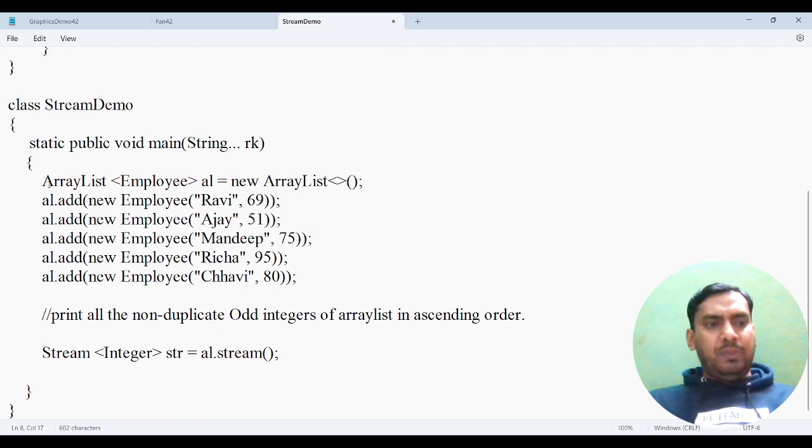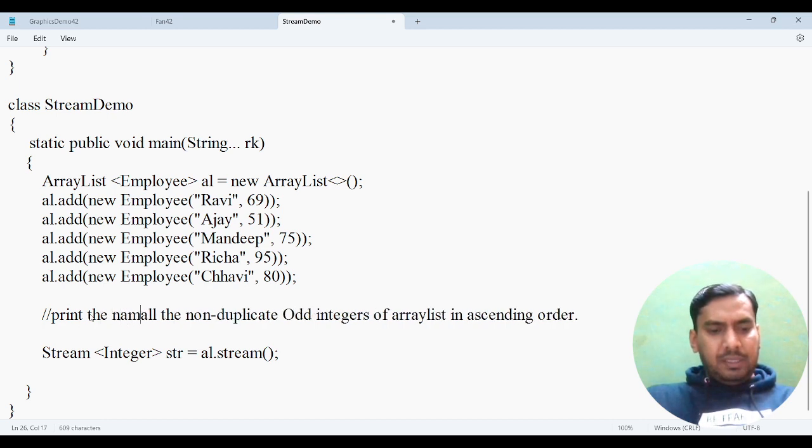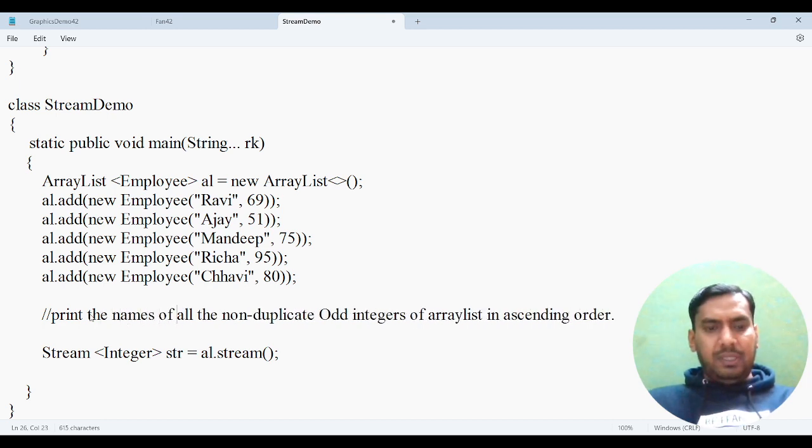The constructor is simply initializing the values of name and salary to the given parameters. Now suppose you have one ArrayList of Employee type, and in this ArrayList we are adding a set of employees. I have added 5 employees here. Now the task is this: let's say you are asked to print the names of all the employees